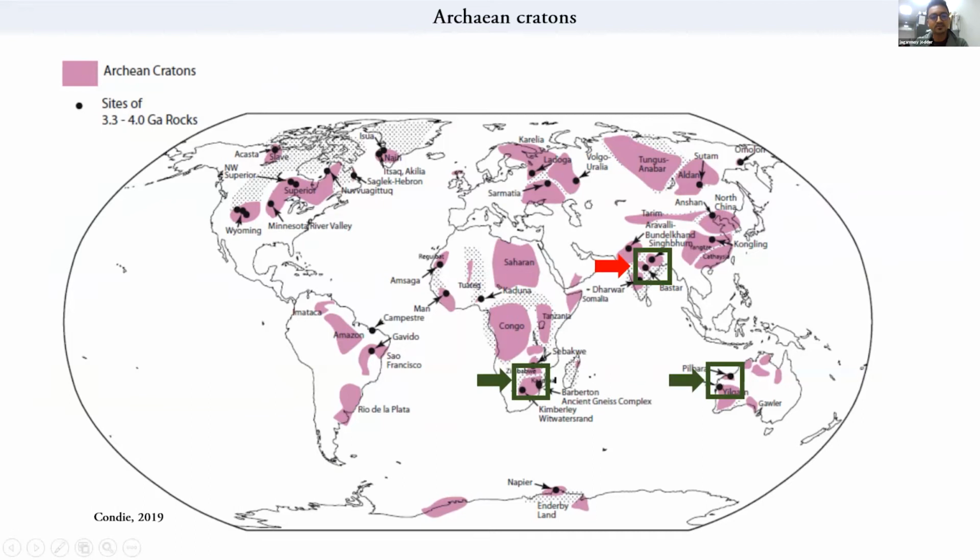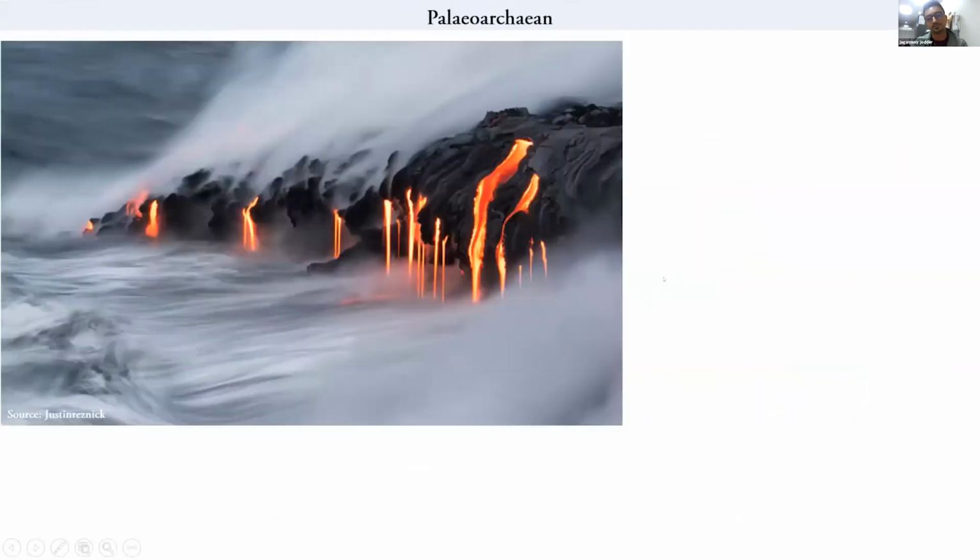But there are some time windows, and these are from Southern Africa and from India, which will be discussed a lot because this is also where we have discovered the oldest microfossils, which is part of our current research with our group. And then we would also show you some evidence of primary life from the Pilbara Craton of Western Australia. So this would form a core component of today's discussion and how life is preserved in some of the Archean record from these three places of our modern Earth.